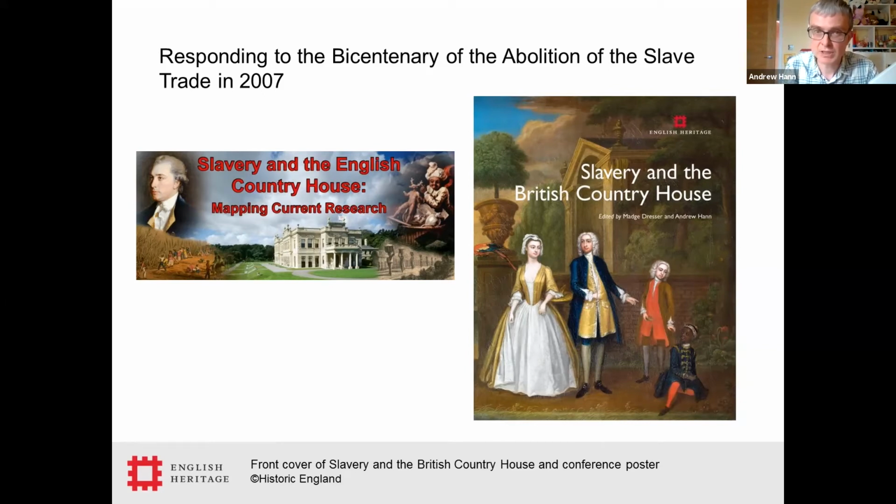So that meant that when we disaggregated, separated out our web content, the content relating to slavery in the country house all went on the Historic England website rather than English Heritage. And really, to compound this, the focus of the new charity, of course, was on positioning itself as a well-loved visitor attraction, and also on balancing its books. So really, the diversity agenda had to take much more of a back seat in those early stages